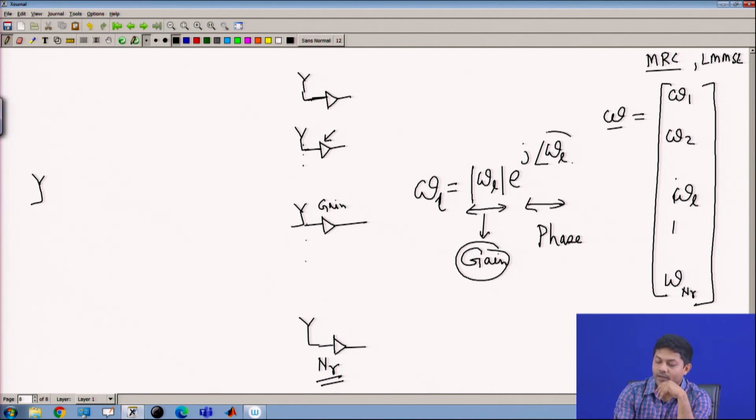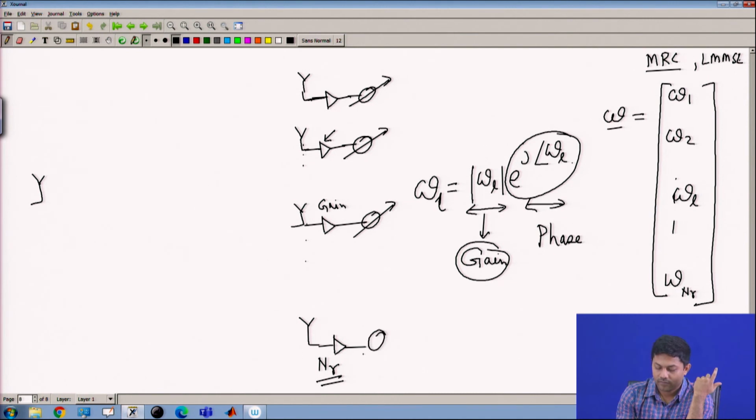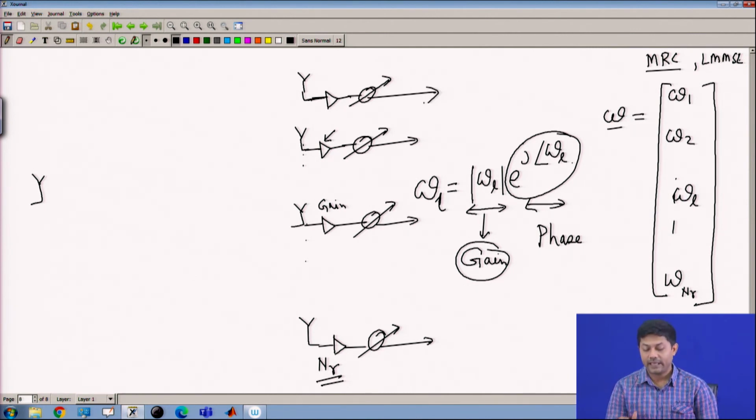Okay. Second part was a phase. What should I do? I can just put a phase shifter here. That is all I will do. So, that means the gain part I push to the LNA, and the phase part I implement as a phase shifter. Now, is the phase shifter an easier task to do in RF? Yes, because in the TX circuit also we have done a phase shifter, right, for steering. Here also I put the phase shifter there.